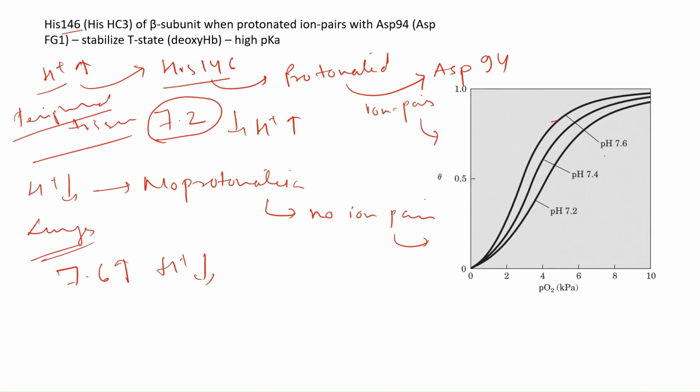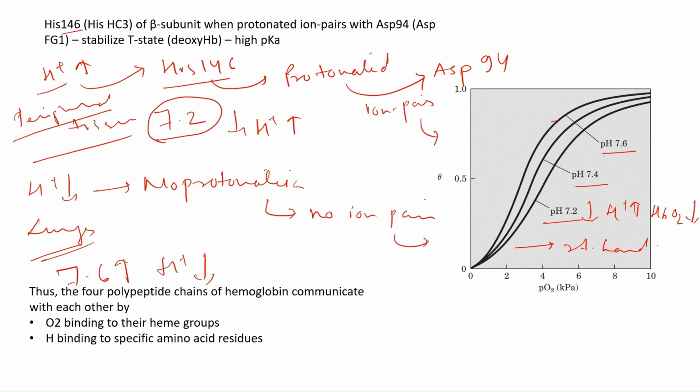The same thing has been plotted here in the graph. As you can see, as the pH is decreasing from 7.6, 7.4, 7.2, the graph shifts towards the right hand side. That means less pH means H plus is more. So here oxygen binding will be less, and hence the graph shifted towards right side. So thus, four polypeptide chains of hemoglobin communicate with each other not only for oxygen binding as well as